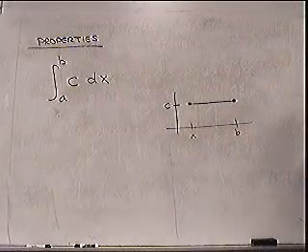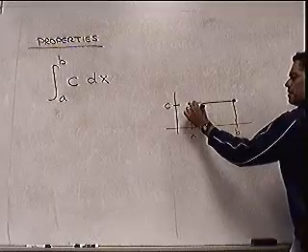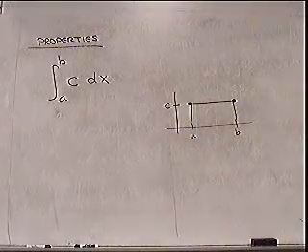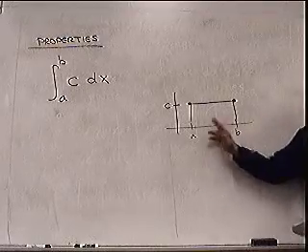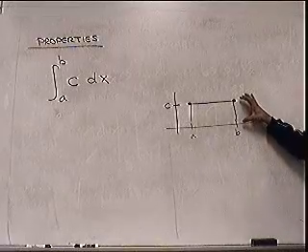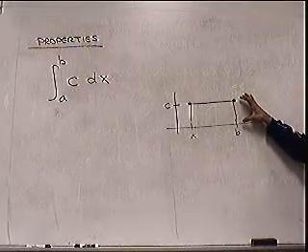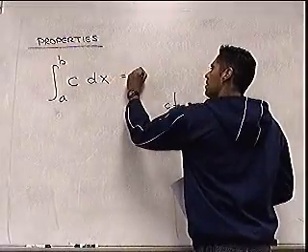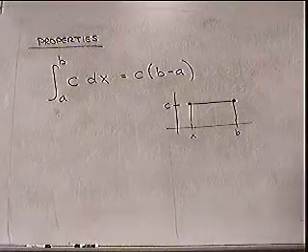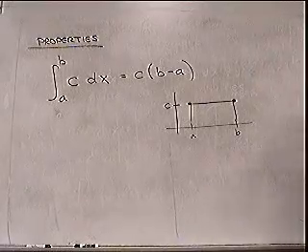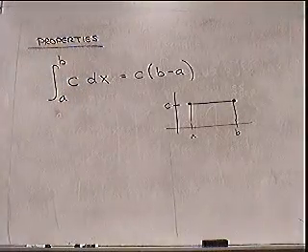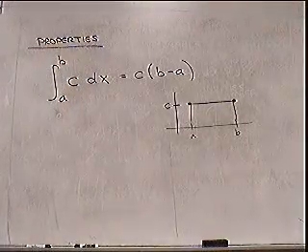and I want to know the area, isn't it just the area of this rectangle? And what is the area of that rectangle? B minus a is the width of it, right? B minus a is how wide it is, times c, which is how high it is. You see that? So the answer to this is c times b minus a. We can show that another way, but in a little while we can verify that using the antiderivative and working